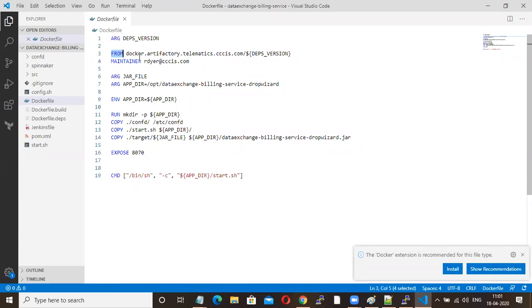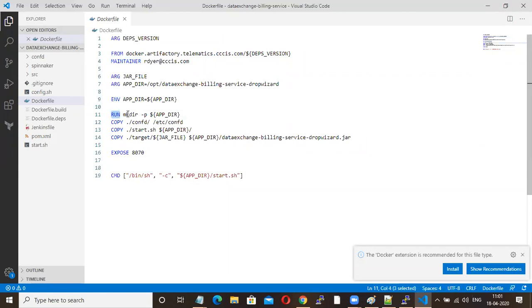There will be one project session. In that project session, we'll talk about Nexus Artifactory. That's what in my organization we are giving the Artifactory name, and this is your maintainer name. This is argument environment variables.